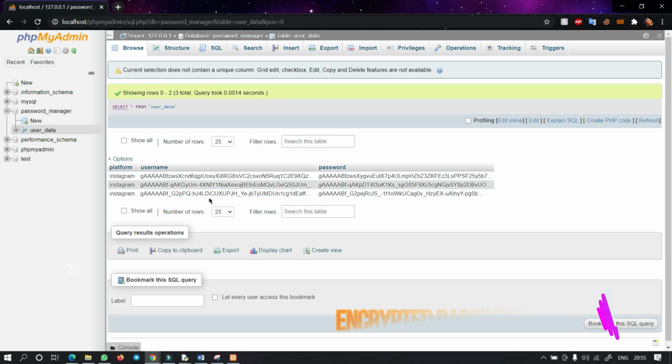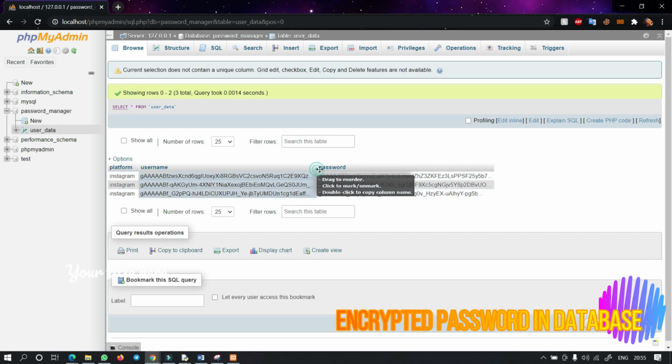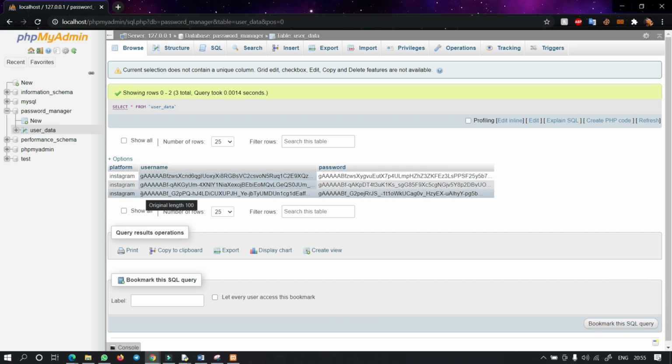Yes, look at this. Even if anyone opens our database on the server, he or she will never get to know what our password is. It is in encrypted form. Did you get it? Yes, our password will be in an encrypted form. These are some key features of version 2 of this application. Hope you like it. Thank you.